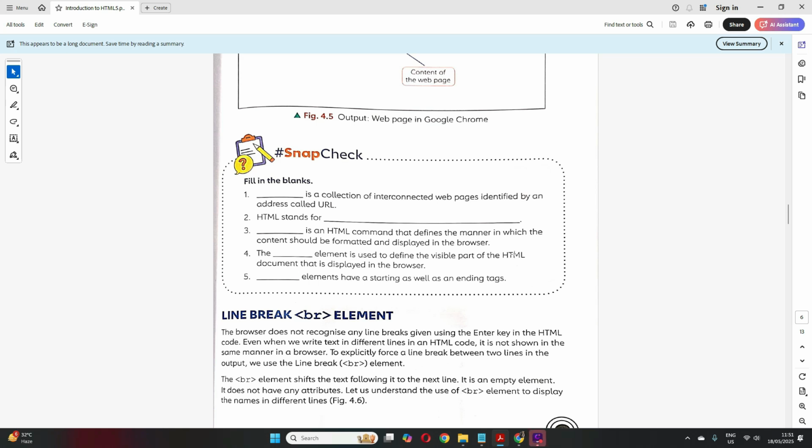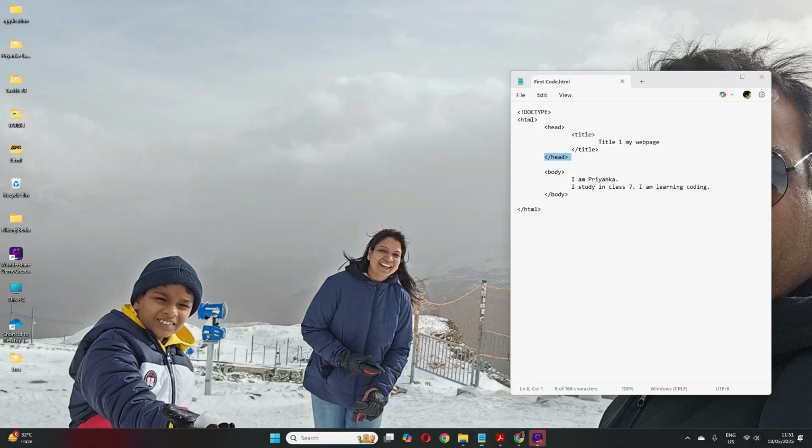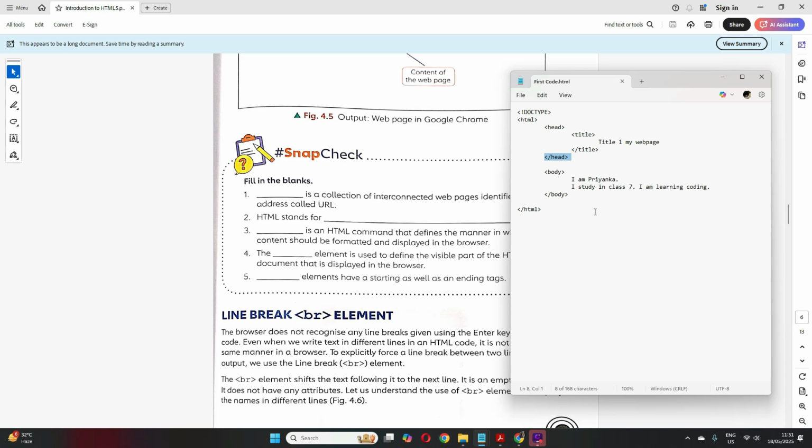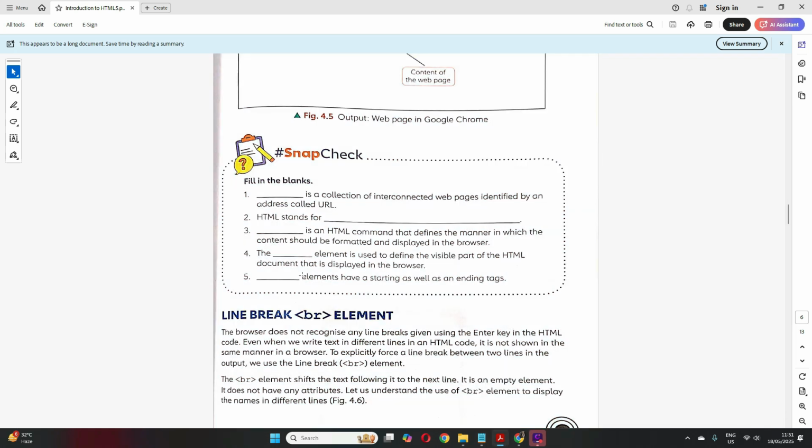Which element? Body, correct? Body is used to define the visible part of the HTML document that is displayed. Now the dash element has a starting as well as an ending tag. Which elements? This we have done so many times. Container elements. Clear?